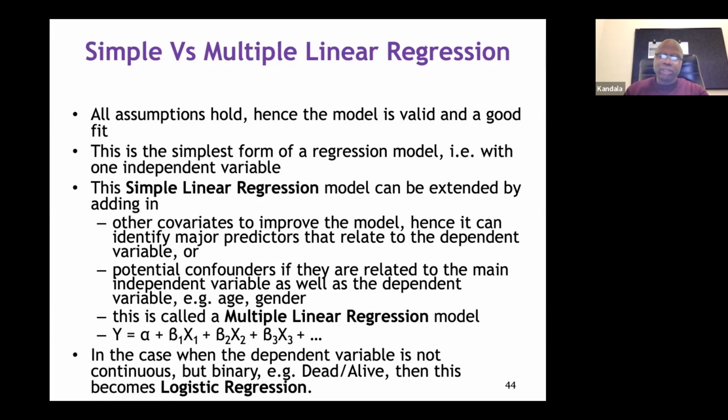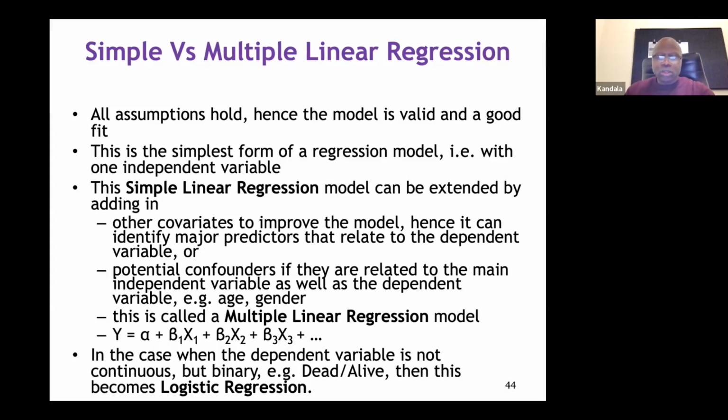And this variable can sometimes confound the effect of what we are seeing in the independent variable. For example, if we are looking at the blood pressure difference, we know that it is associated with age, but age alone cannot predict this difference. This difference may be confounded by other factors, such as the fact that the patient is a male or a female.